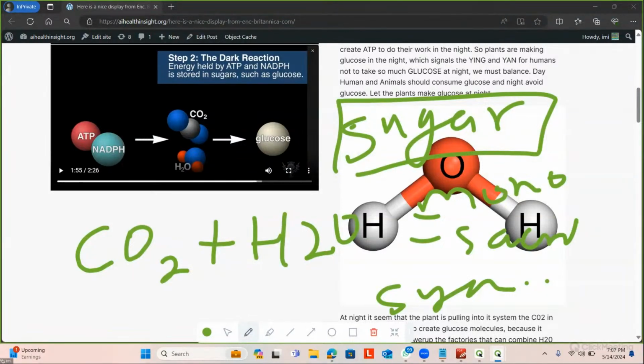Who breathes out carbon dioxide? Human beings and animals. We breathe out carbon dioxide, but once there is carbon dioxide and once there is water for a plant, what does the plant do with it? Bring them together. And when you bring them together, you join them together because it has energy to join them. You join them with special energy, ATP. And what happens? Glucose is formed. So the plant does two things.